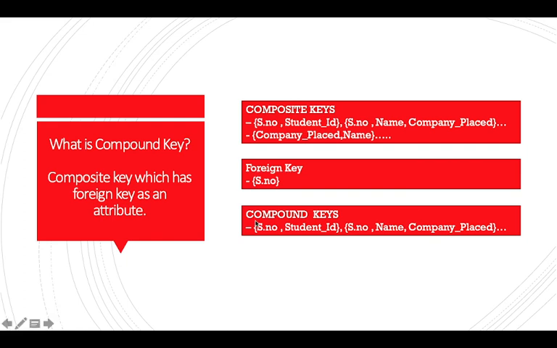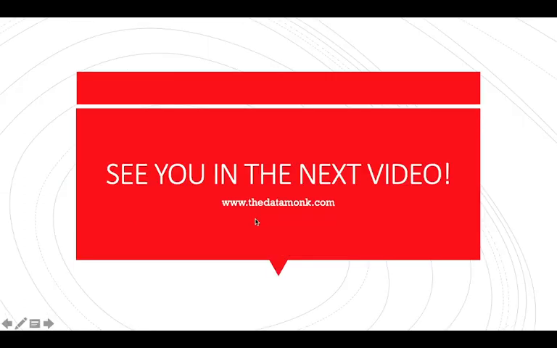So we have linked all the keys together and we were able to find out that there are different kinds of keys. Like first was super key, then we had candidate key, primary key, foreign key, composite key, and compound key. All of them are linked together, but with the help of one example you can understand the basic concept, and now when you are given any other table or any other relation, you can easily identify all of these keys.